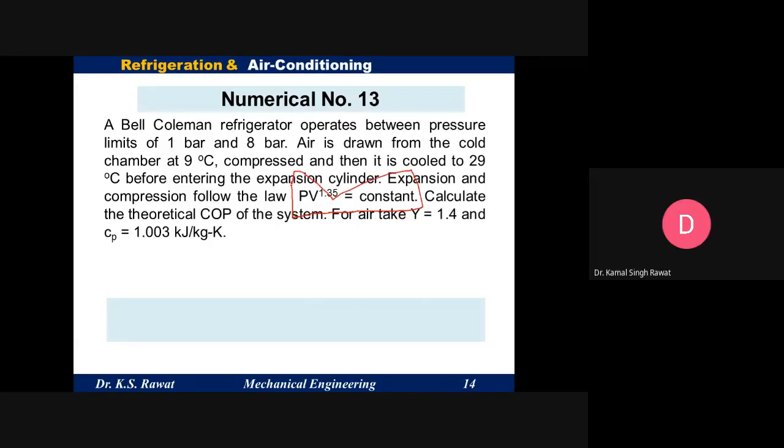Whenever you get a condition like this, your question will change. अभी तक आप जो question कर रहे थे उसमें आपकी process PV to the power gamma 1.4 constant लेके solve कर रहे थे. मगर यहाँ पर PV to the power 1.35, यानी कि अब आपकी process adiabatic नहीं रही, वो हो गई है polytropic. Clear? Yes, sir. And calculate the theoretical COP of the system for air gamma equals